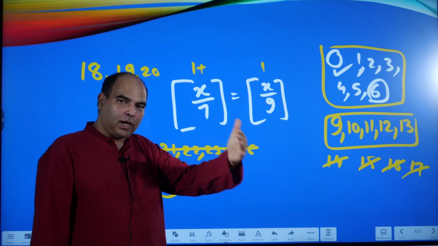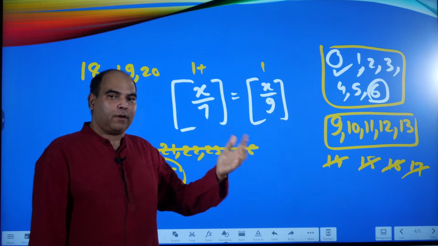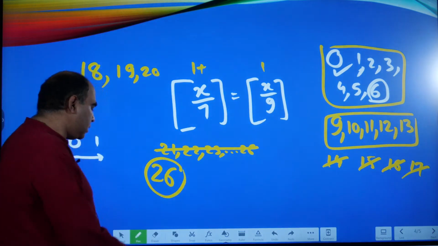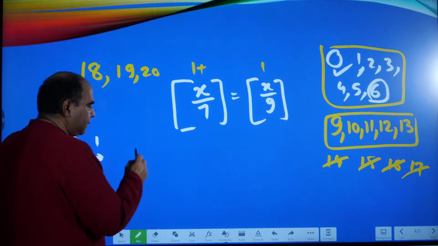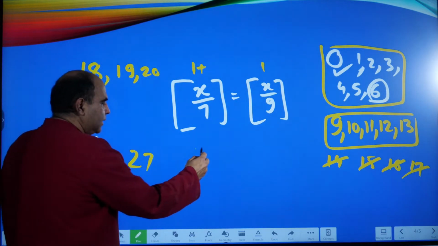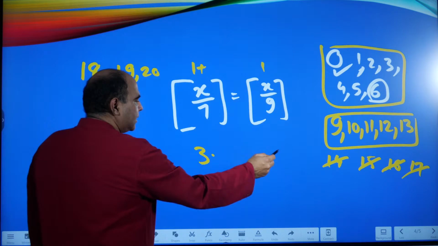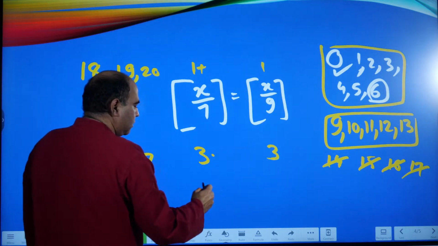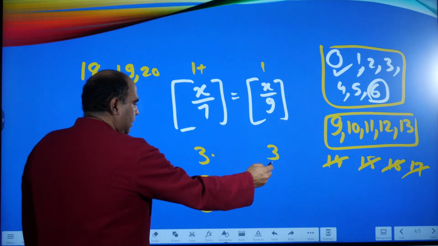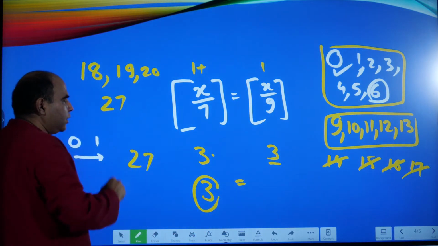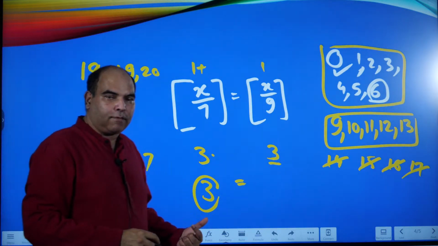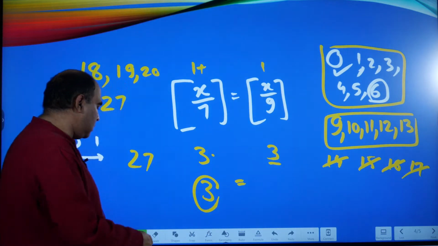So 3 point something GIF becomes 3, 2 point something GIF becomes 2. So all these solutions will disappear. At 27, this is still 3 point something, and this is exactly 3. So the GIF of this will be 3 and the GIF of that will be 3. This will be equal, and 27 is your next solution, and that's the only solution after this, because as you